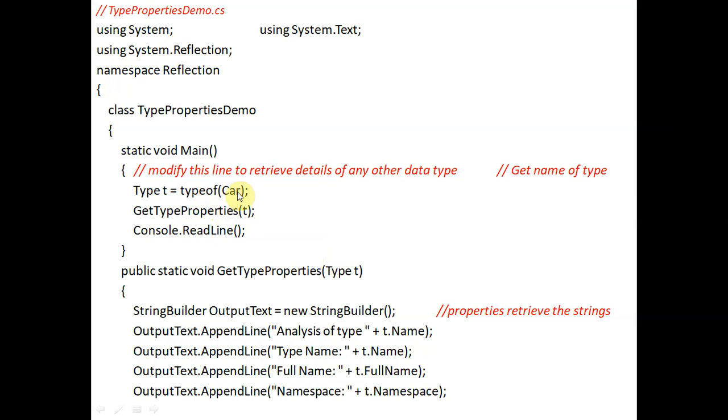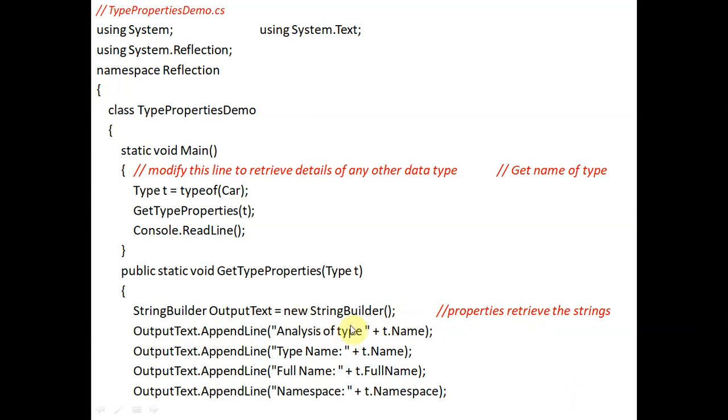First of all we have extracted the type of the class, t is the reference, and then t will be passed to this function. And here we are using the StringBuilder class: outputText equals new StringBuilder. The property is written as a string.